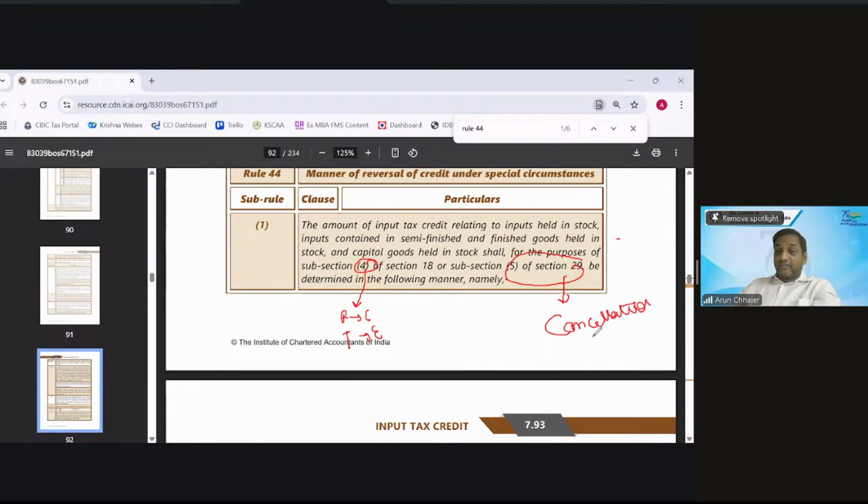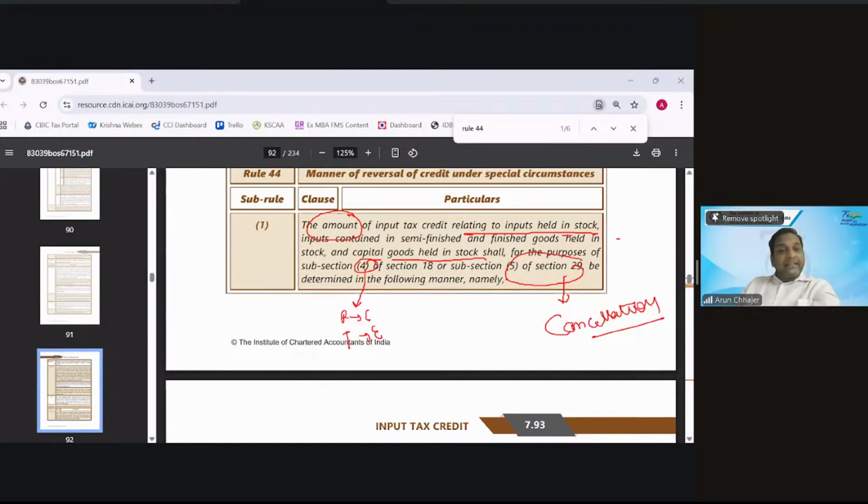Cancellation of registration means you need to reverse the ITC also at the time of cancellation of registration if there is any unutilized ITC, for both the purposes 18.4 and 29.5. The amount of the ITC relating to the input held in stock, semi-finished, finished, and capital goods for the purpose of 18.4 and 29.5